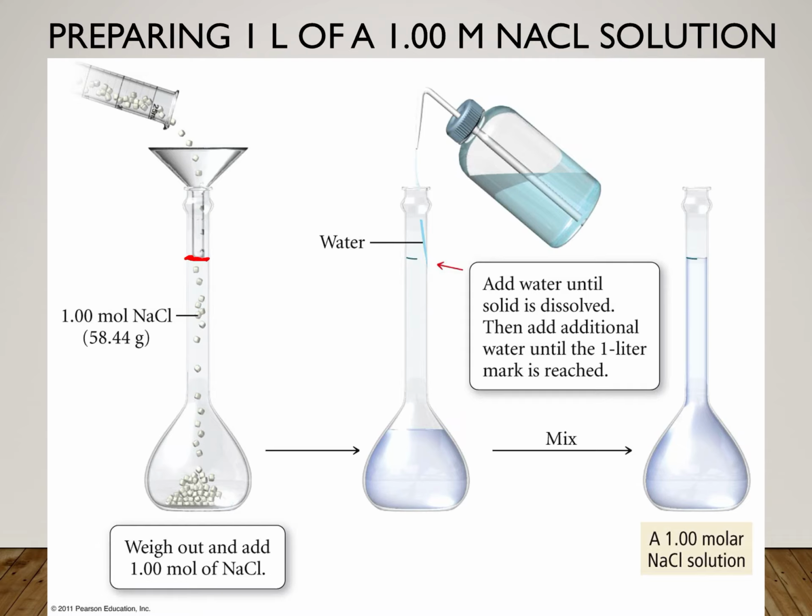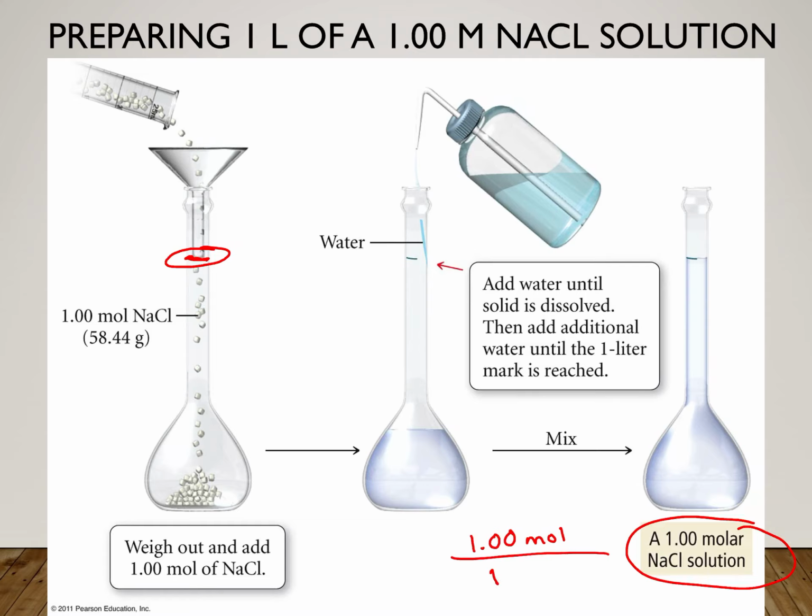Instead of like a graduated cylinder where you can measure a lot of different volumes, in a volumetric flask you can only measure 1 liter. But they're used for making very, very precise solutions. Because the neck of this flask is so narrow, we can measure volumes really, really precisely. So the way that we make these solutions so that they are accurate is we'll add our salt first. So that's what's happening here. They're pouring in their salt, and that's going to be 1 mole of sodium chloride because we're trying to make 1 molar sodium chloride solution,